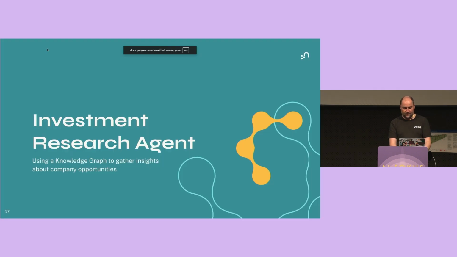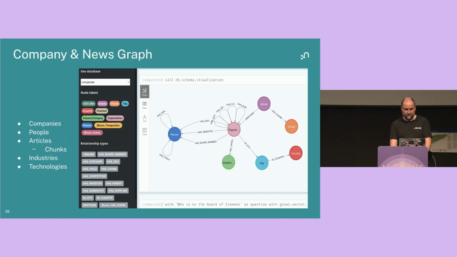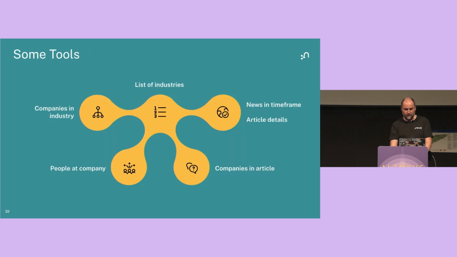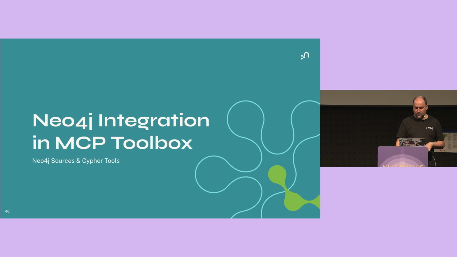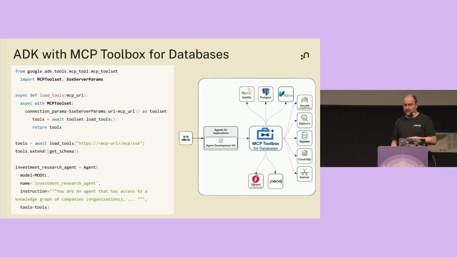Okay, and my last example is a more complex agent, which is a multi-agent setup, where we have, again, this companies graph that I mentioned in the beginning, and where we added a number of predefined tools, which are more like subject matter expert queries, where the subject matter expert actually knows what queries cover which part of the database. And we make them available as tools to an MCP server, and we use Google's MCP Toolbox for Databases,